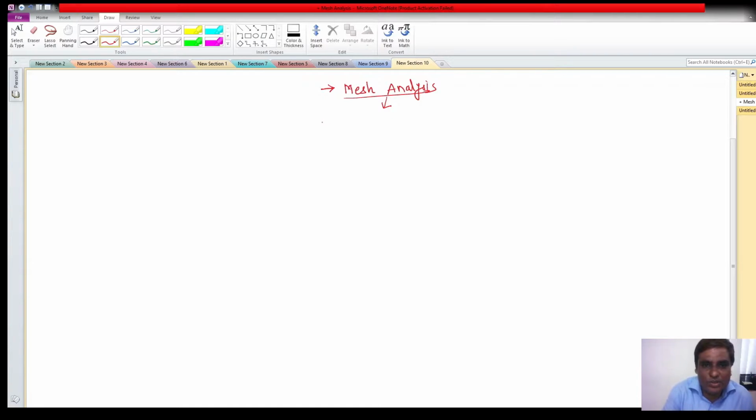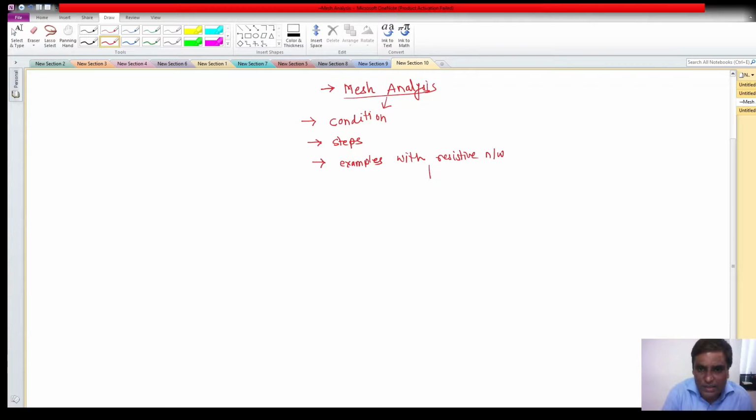In this class, before going into the details, first we will discuss in which condition mesh analysis can be used. Then we will have the steps involved in order to carry out mesh analysis in a circuit. Then we will see circuit examples with resistive networks,